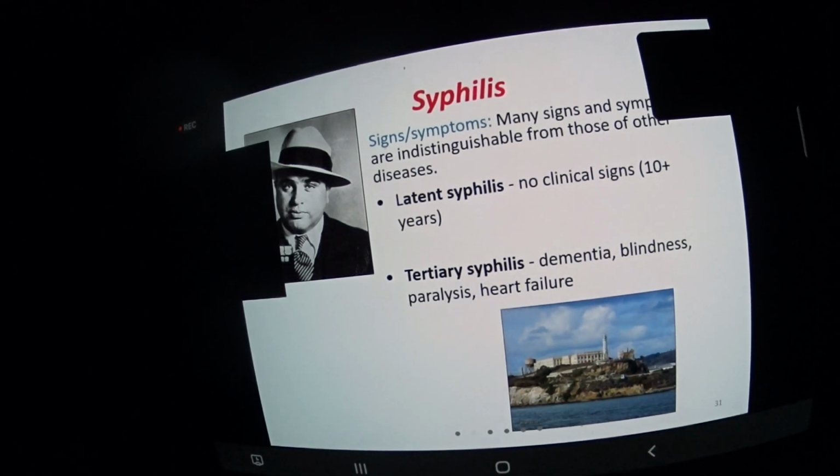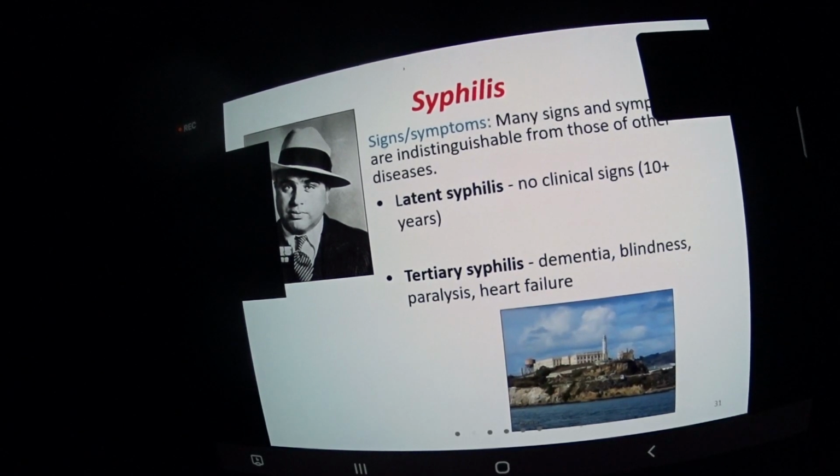Some of the members of the group went to fight in World War II, and they realized that when they went into the Army, they were enrolled. The Army does a test and basically gave them penicillin, and they're like, oh yeah, you have syphilis, here you go, you're cured. So the group of men that were not treated were passing the disease to all their families, children, and all of these issues. And some of them went into tertiary, not some of them, pretty much all of them went into tertiary.